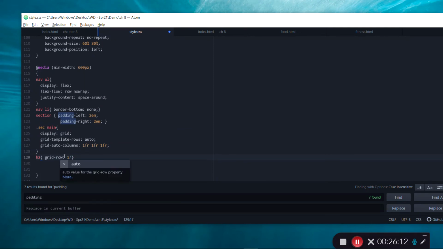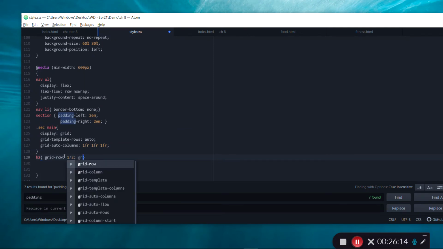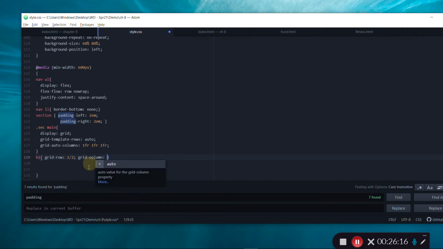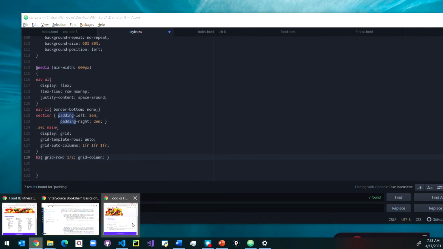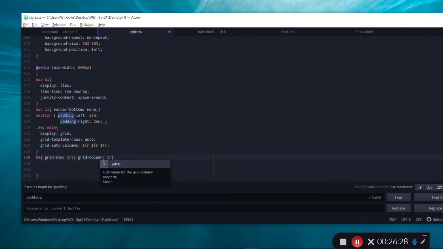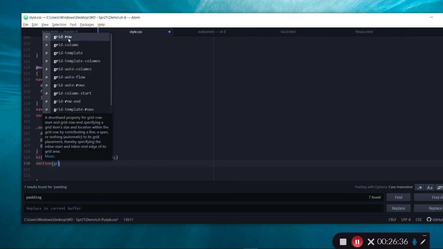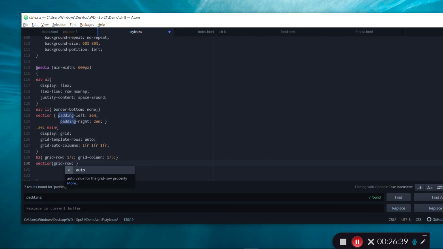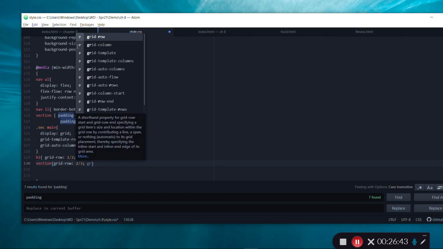So 1 by 2, and then grid column, it is going to take all the columns 1, 2, 3, 4, 5. So 5 columns, 1 to 5. It is going to take all the columns, and then the section area is going to take grid row of starting from 2 to 3. Okay, so 2 to 3, and then grid column